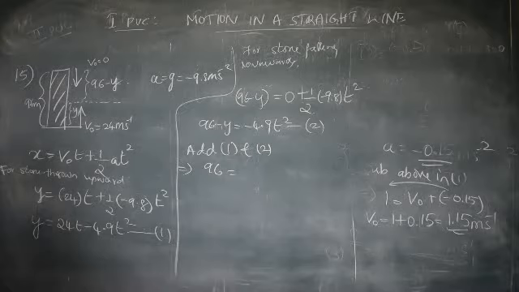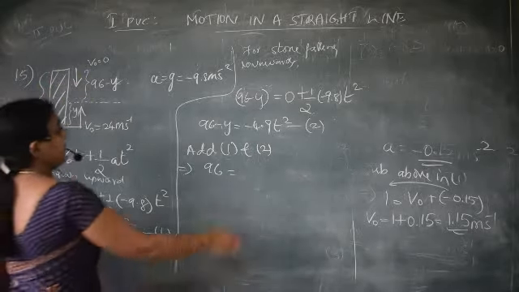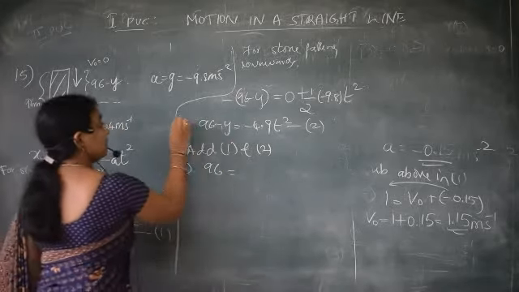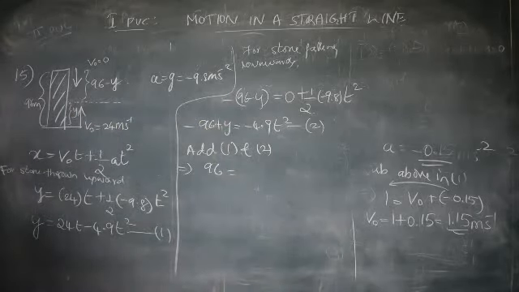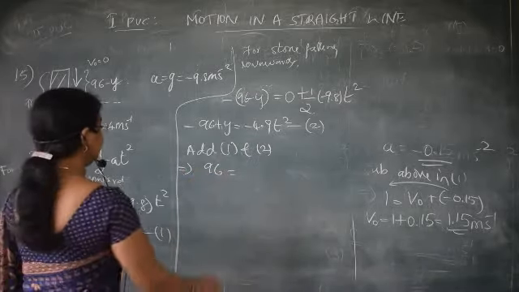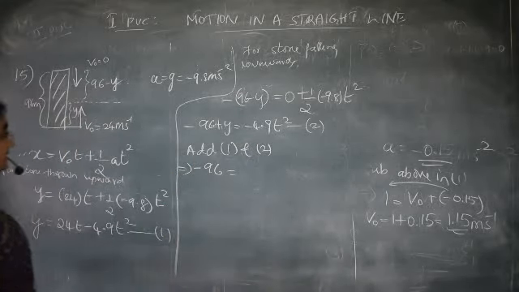See here, one small change. This is while coming down, so it should be minus. We forgot to put minus, correct? So minus, this will be plus. Am I right? Okay. What do we get? 96. When we add, what is the answer? Can you help me?